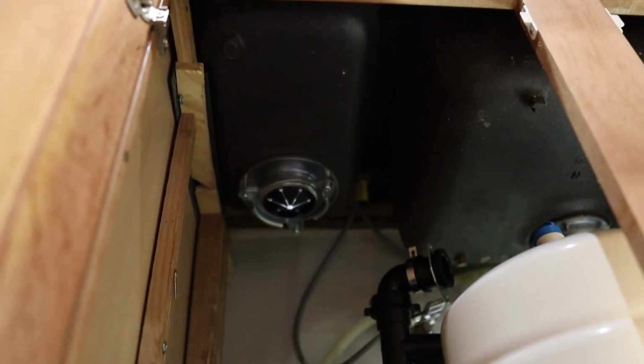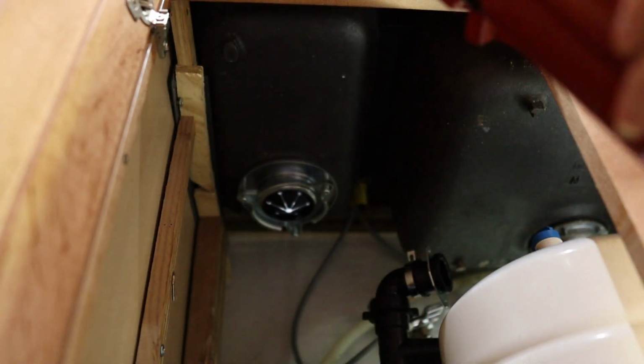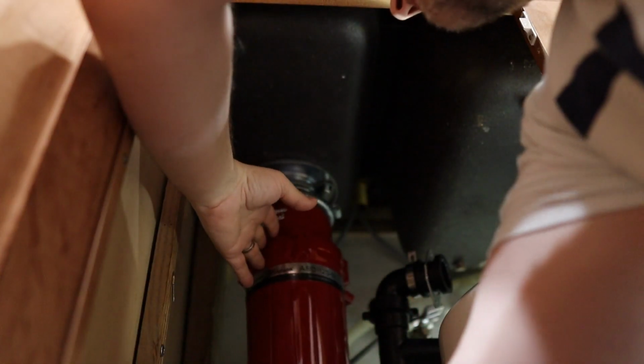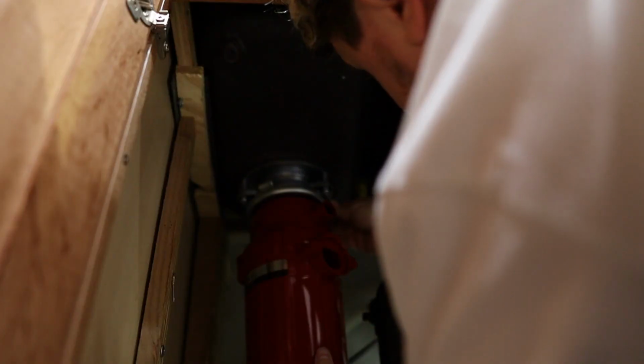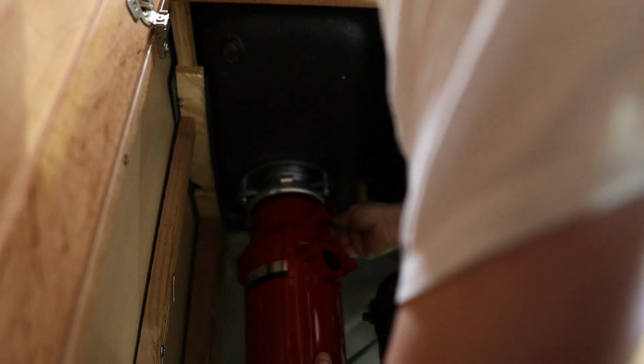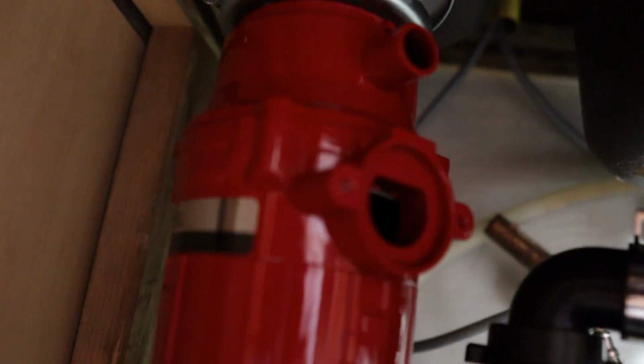All right, so we're gonna put the new garbage disposal in place. Pretty simple to do, just like when we removed the old one. Put this right up here, and then you're gonna rotate it into place. Once you get it halfway rotated,